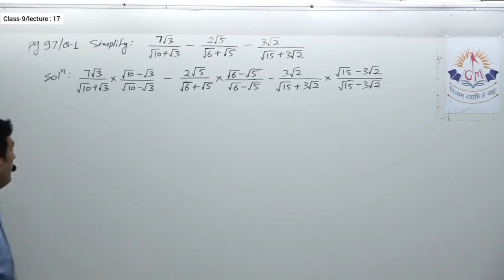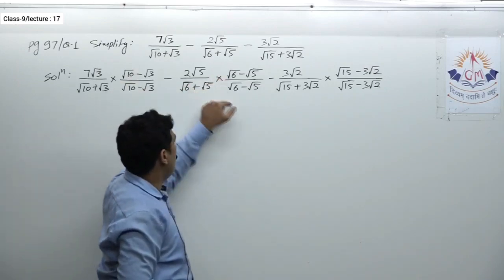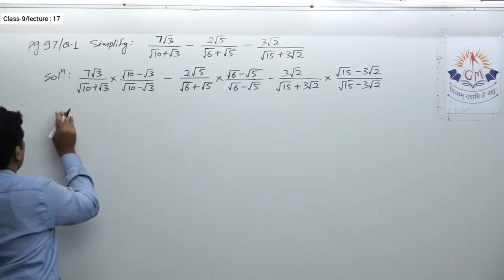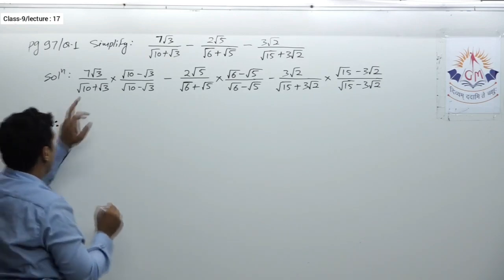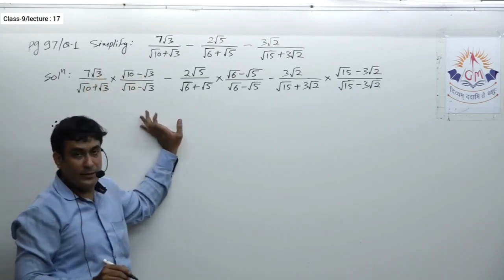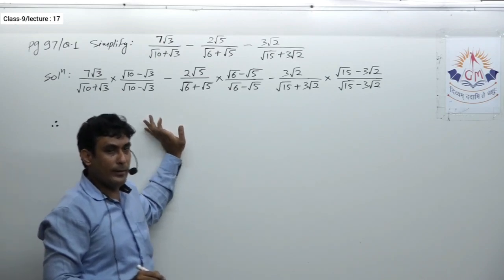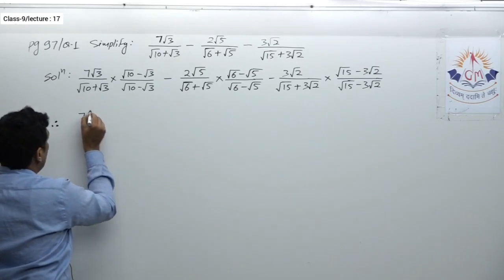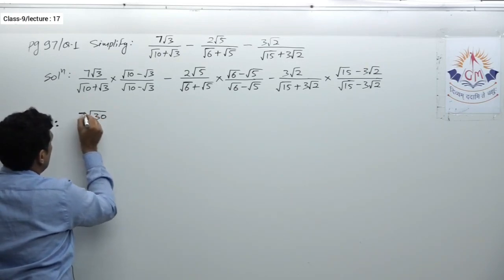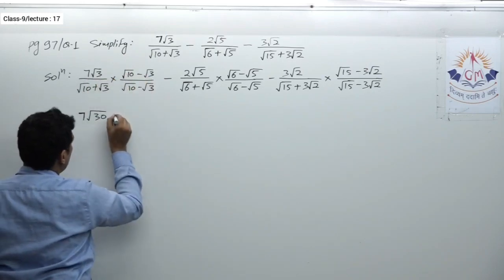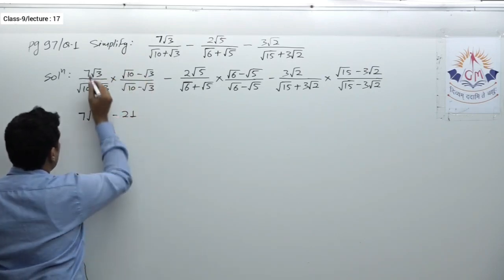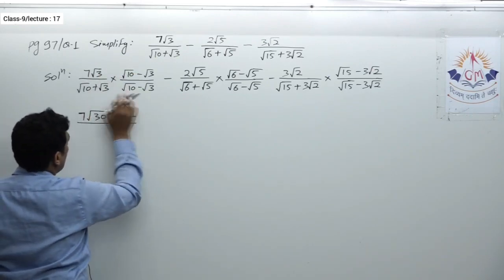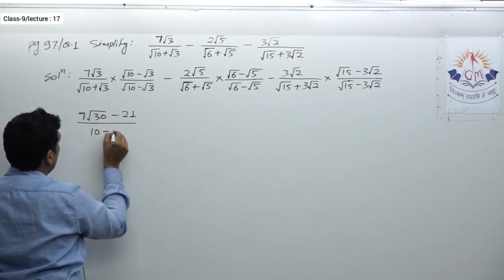Okay, so here simply we multiply the numerator and denominator by the conjugate of the denominator, that is by changing the middle sign. In the denominator every time we get the identity a square minus b square. So this 7 root 3 into root 10 gives you 7 root 30. This 7 root 3 into minus root 3 gives minus 21, since root 3 into root 3 is 3, so 7 into 3 is 21. This is a plus b, a minus b, a square minus b square, 10 minus 3.